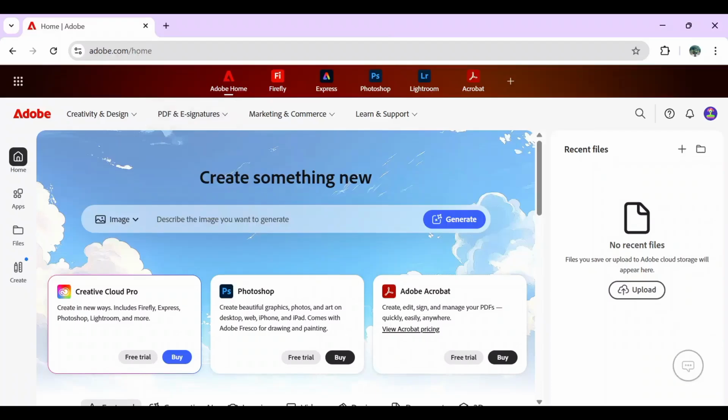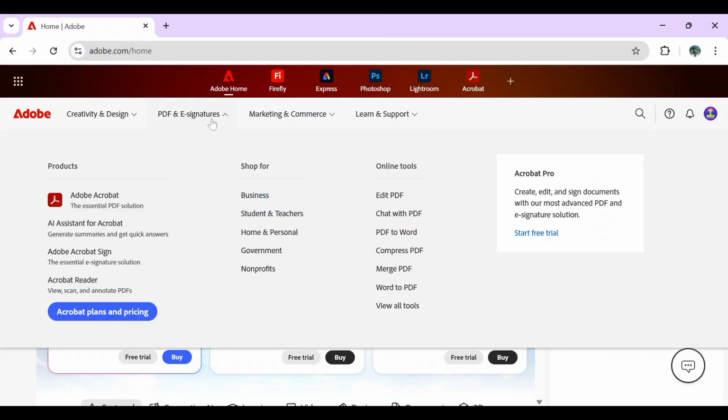I'm going to show you how to lock your PDF using Acrobat Pro or Acrobat. So to get started, you can create a password by going to adobe.com and then go to PDF and e-signatures,